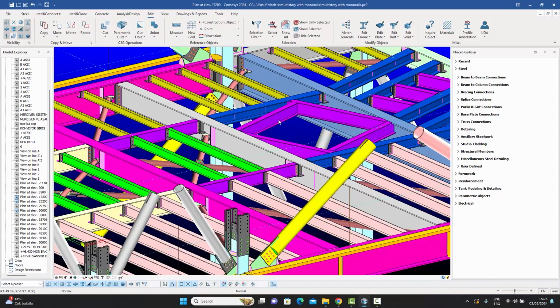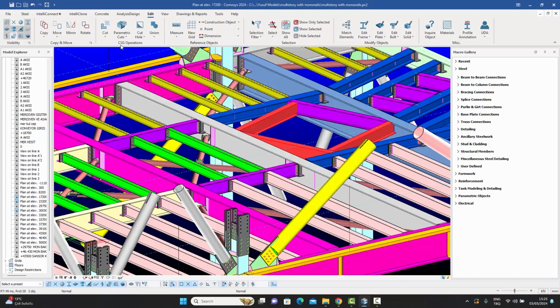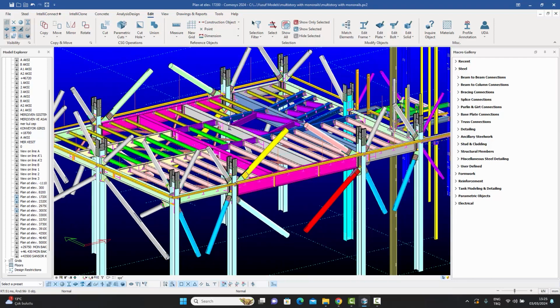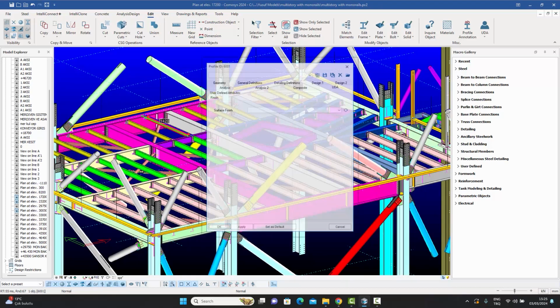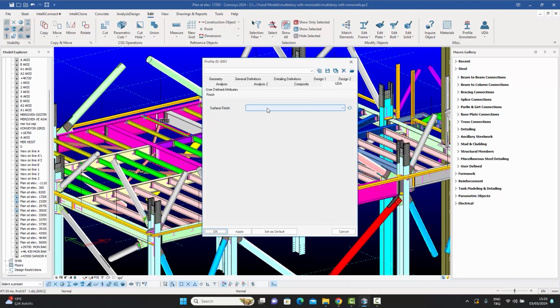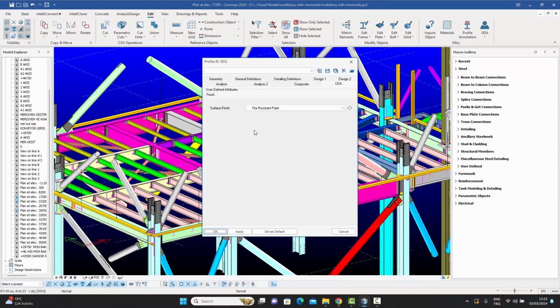And now, let's just go ahead and select this one and this one and this one, remaining three over there as well, and give these the fire resistant paint option as well, like that. And now on this floor, for example, or in this building, the others have nothing. So if I were to double click on any other one, this one has nothing assigned to it. It has the ability to assign a surface finish to it, which was not available off the shelf, but nothing has been assigned. Whereas this particular beam over here, if we go inside, it says we need fire resistant paint